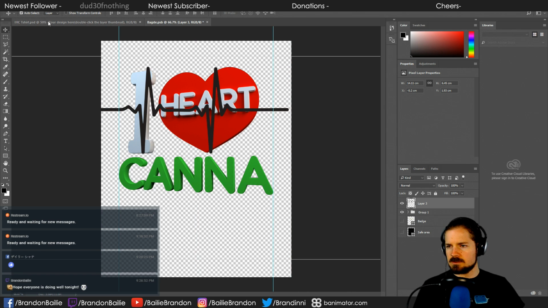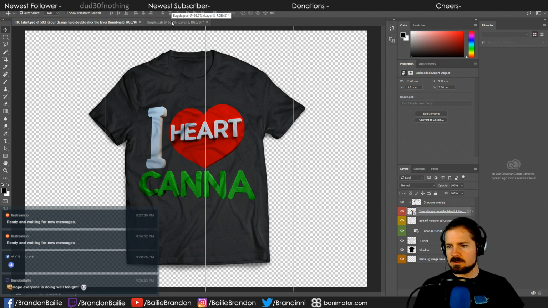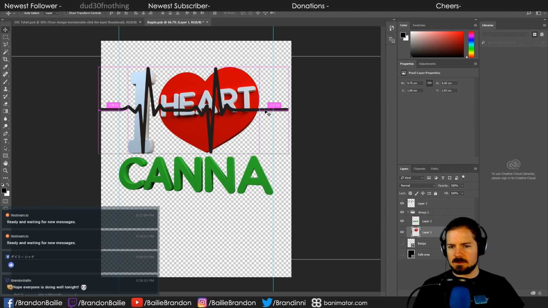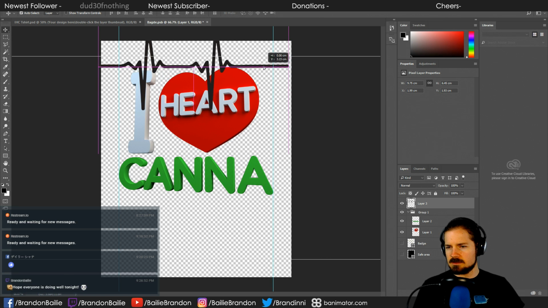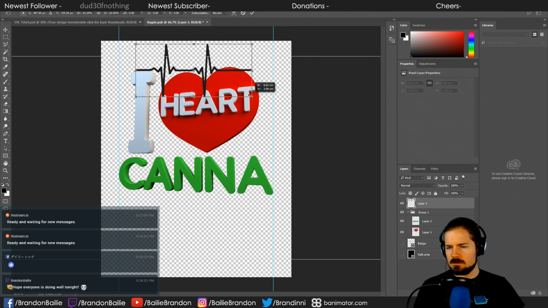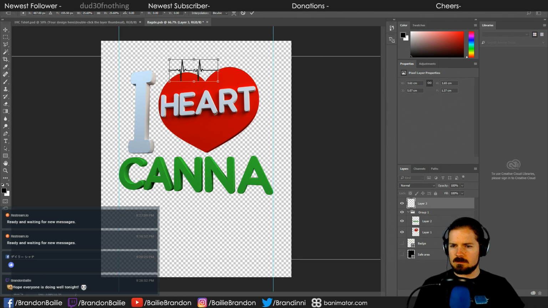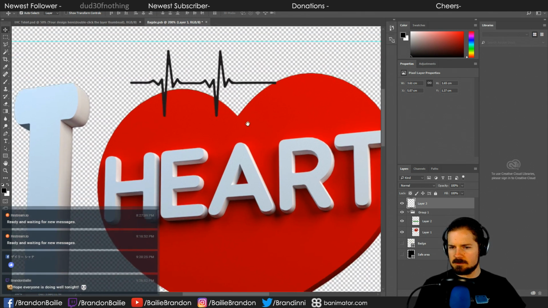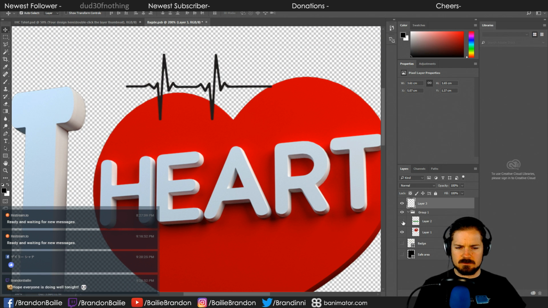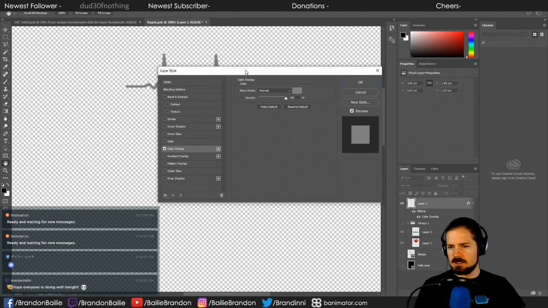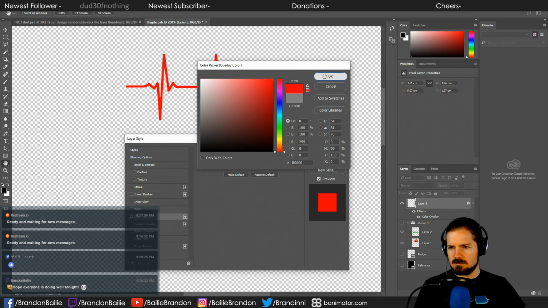So we're going to bring this up. We're going to try and make this go across the chest, right? So this is going to be right on that top end, around the top end up here. So we take this and make this go right up to about here, right? So now we have that. I think it's about the correct size anyways. So if we hide all of this, we take this, and we just do a color overlay into red for the heartbeat, right?